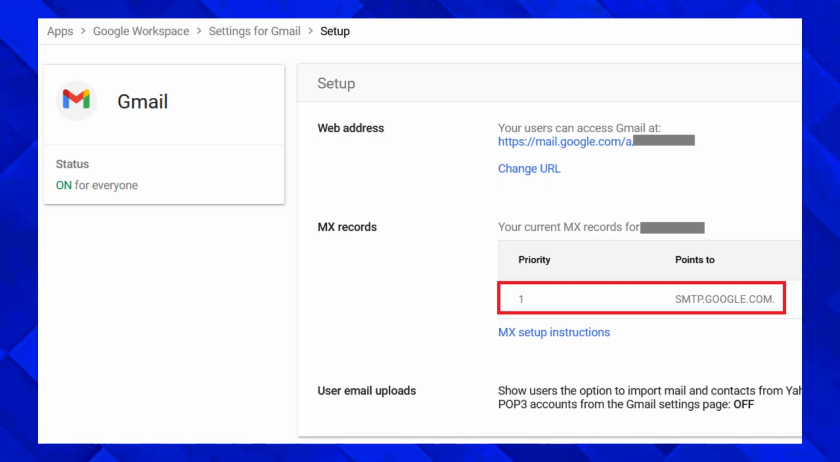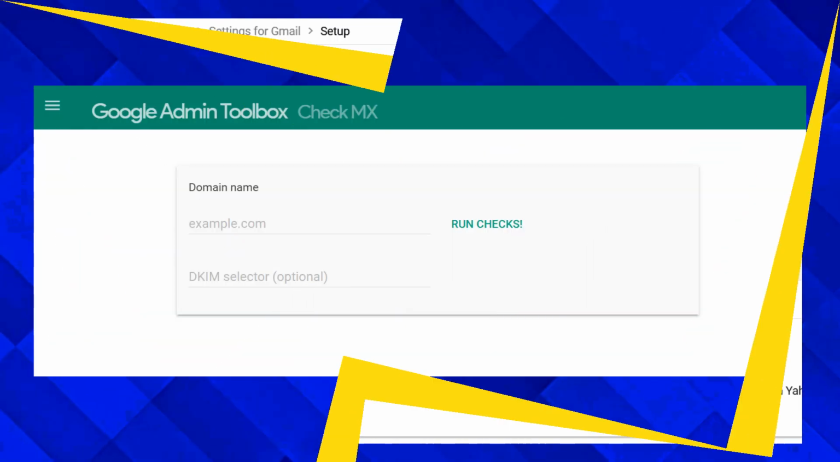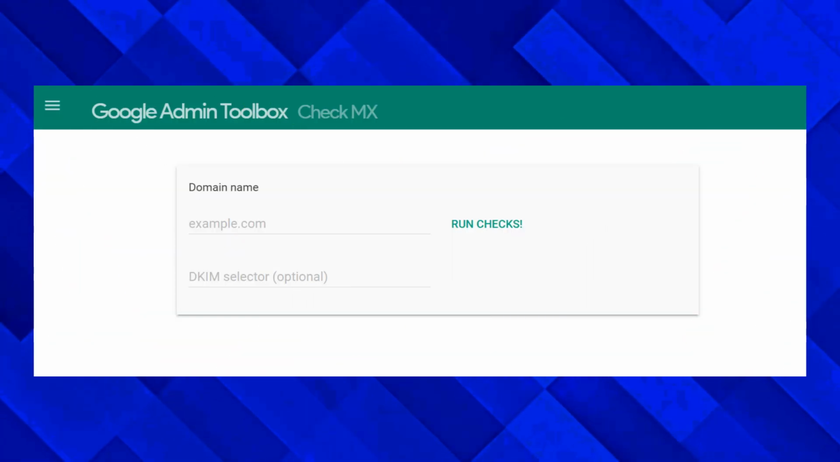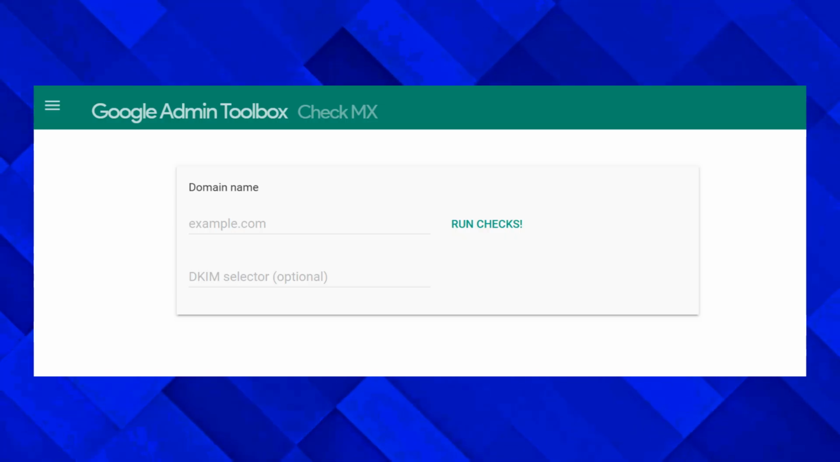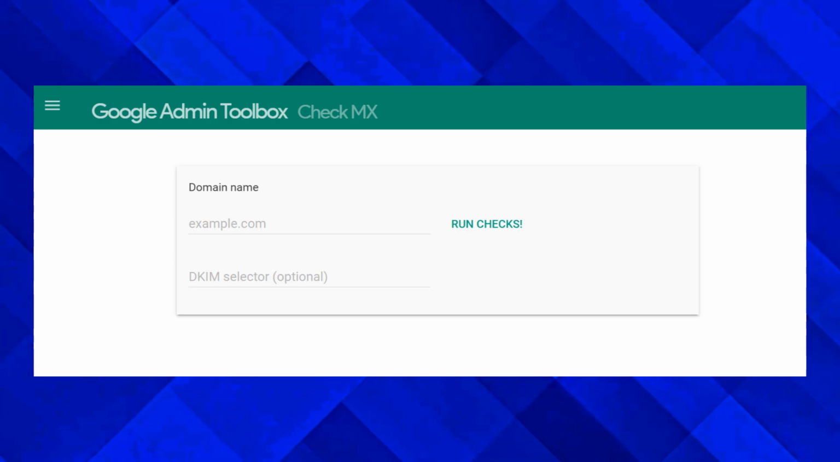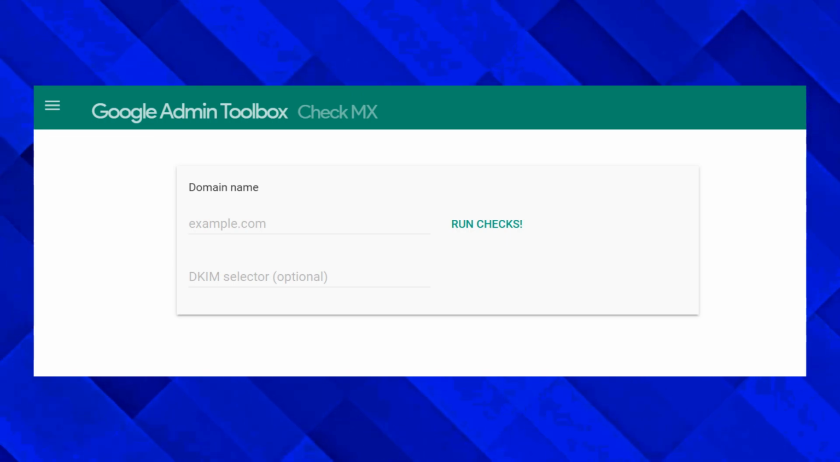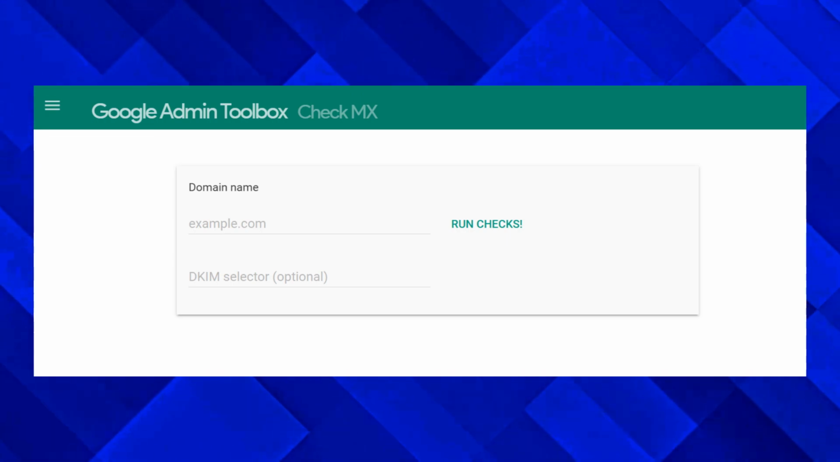If you want to verify everything manually, use Google Admin Toolbox Check MX, enter your domain name, and run the check to confirm your MX records are configured correctly. And that's it. Your MX records are now set up and your Google Workspace emails should be ready to send